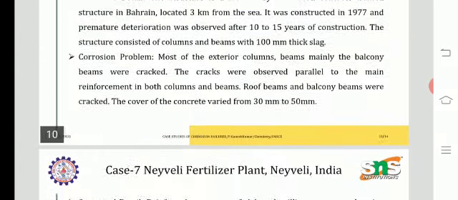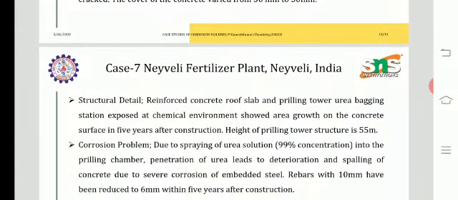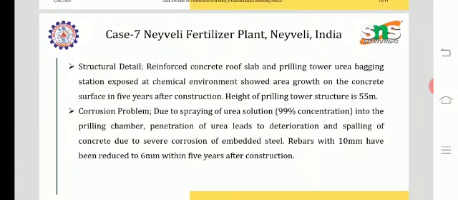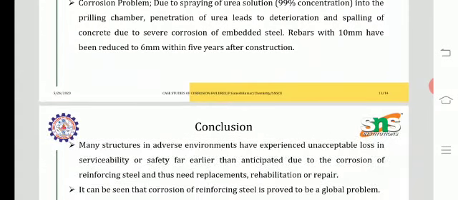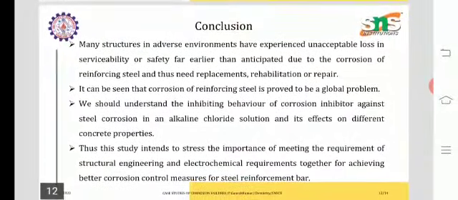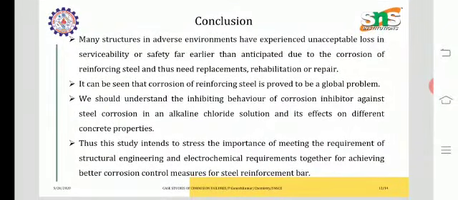So in the cases we studied, around 7 structures collapsed within a span of 10 years. So we can imagine how the corrosion rates affect. So in the conclusion part, we can say that many structures in adverse environments have experienced an unacceptable loss